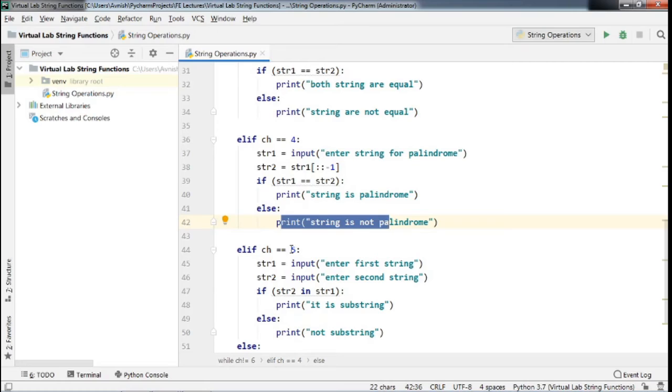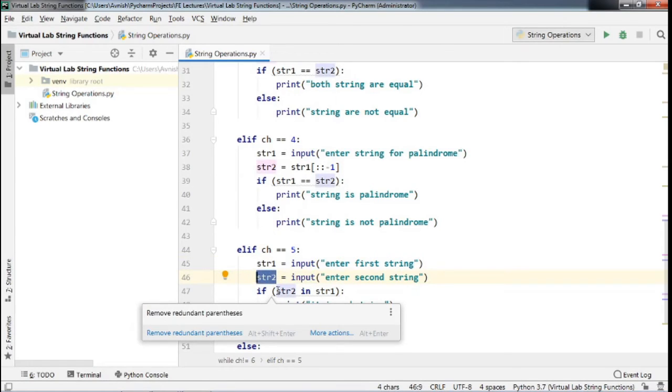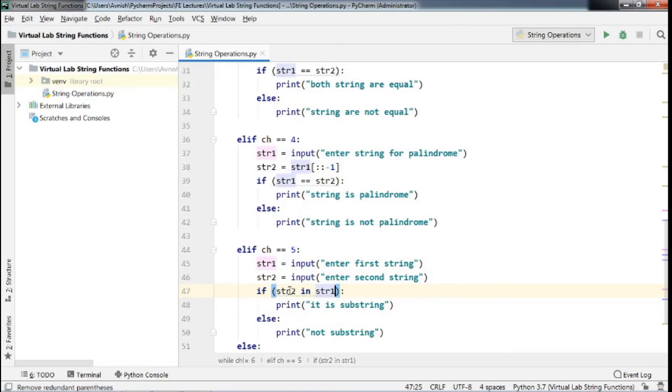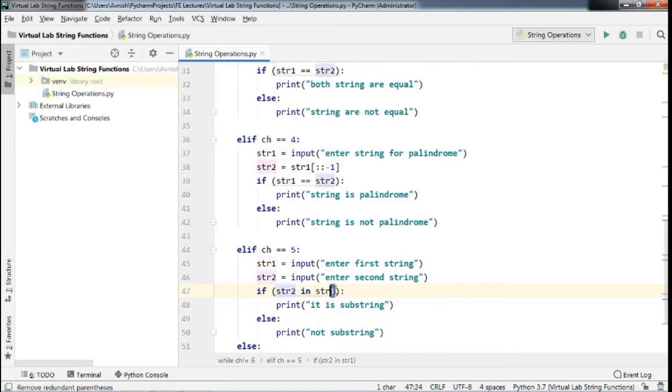In case of choice 5, suppose the user has given the 5th choice, then we have to accept 2 strings to check the substring. The first input from the user will be stored in str1. We will accept the second input and store it in str2. Again here, using a decision control statement, we will check str2 in str1. We have to check whether the characters available in str2 are in str1.